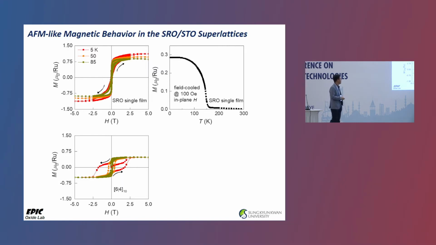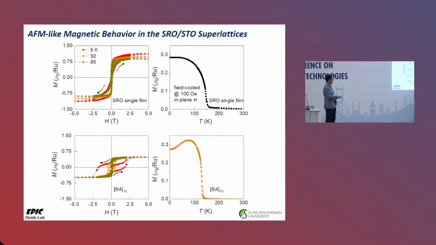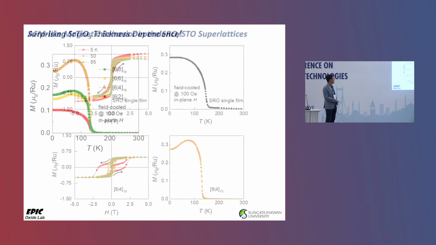But now if you make a superlattice, in this case with 6 unit cell layers of SRO and 4 unit cell layers of STO, you separate your SRO layers with these STO layers and repeat it 10 times, then you can see some clipping of the hysteresis loop. At high temperature you have just a single loop, but at lower temperature you start to see this double-loop-like behavior. This caught my eye in the experiment. You can also see, at a similar temperature where this clipping starts, a drop of the magnetization. So there's some kind of antiferromagnetic-like behavior at this low temperature, and this was the curiosity.